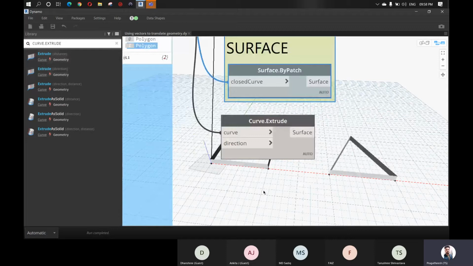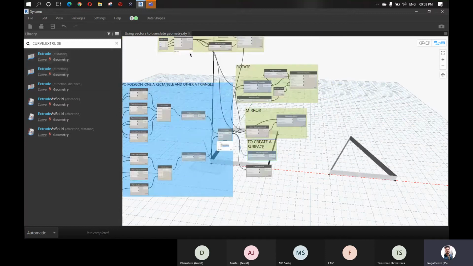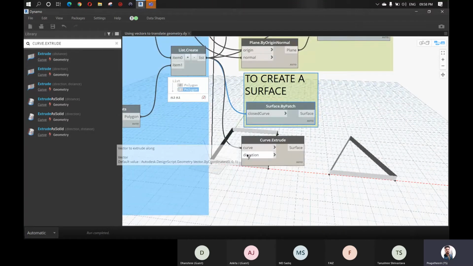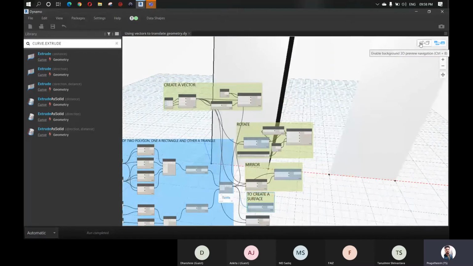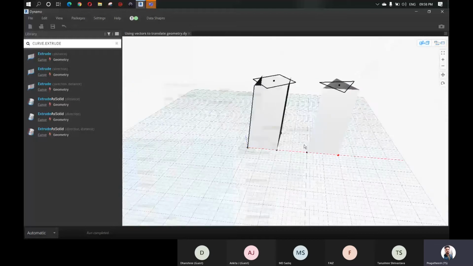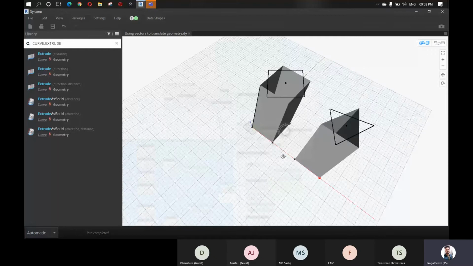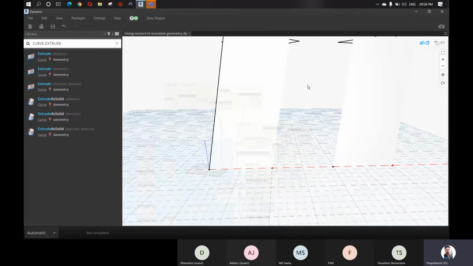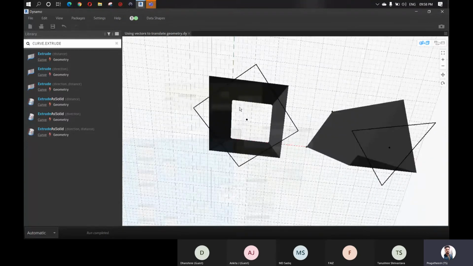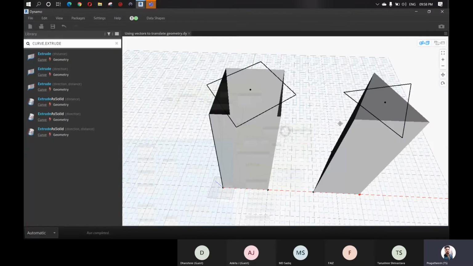So now let's say that I want to extrude to this vector coordinates which we have created. So connect this to the vector by coordinates which we have created, and you can see now there are two things we have extruded. But what you're seeing here is hollow, right? It's not a solid. We cannot say it's a solid, it's hollow. So if you want to extrude as a solid, we have a node for that.